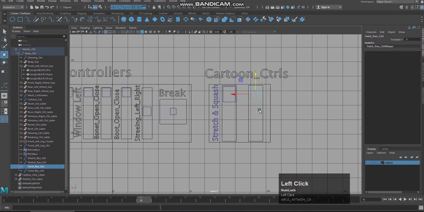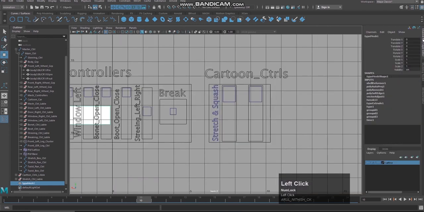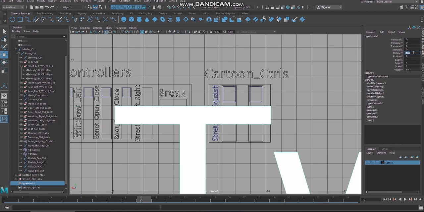This is the twist control. Okay, so I'm just going to give the name twist. Okay, so minus 180 and 90.